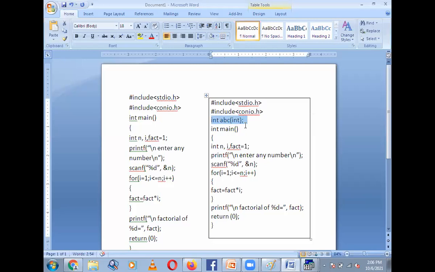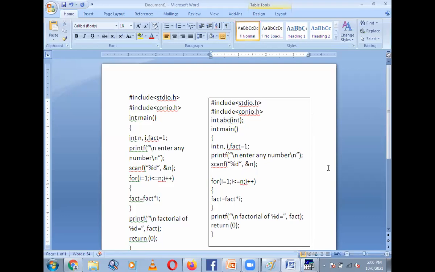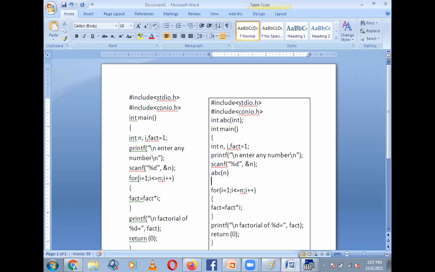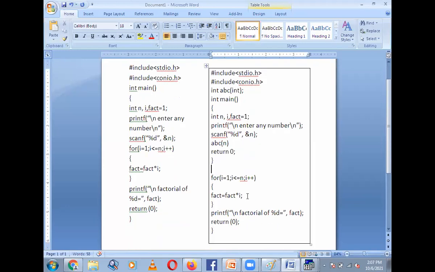We have declared a function, then here we will call the function ABC, passing the value n, then return 0, and then this is the end of the main function. Then go to the definition of the function. So int abc,